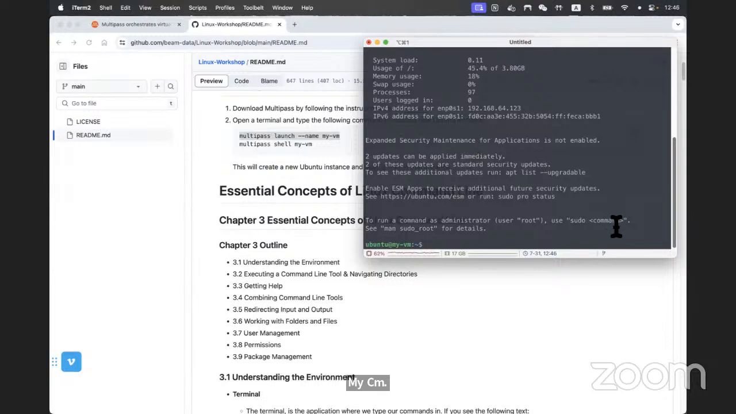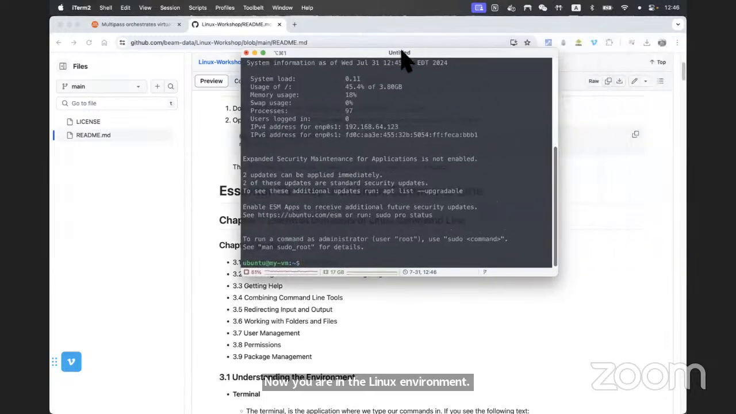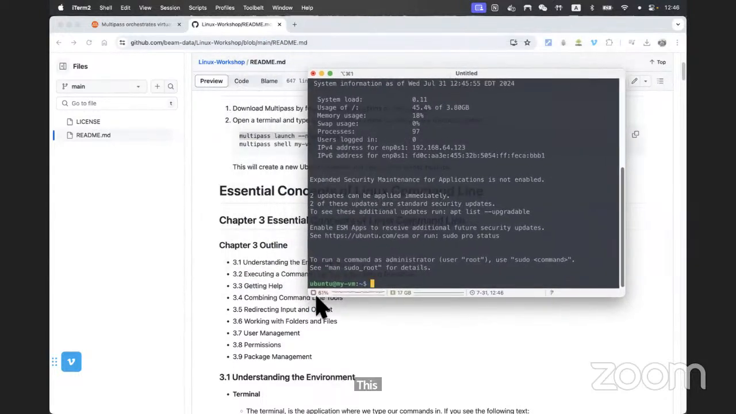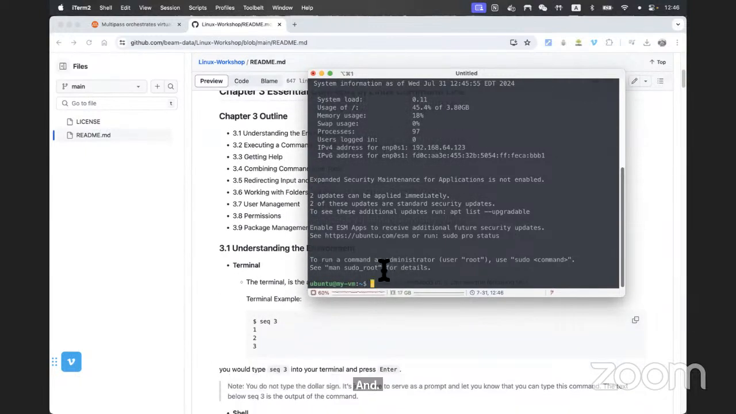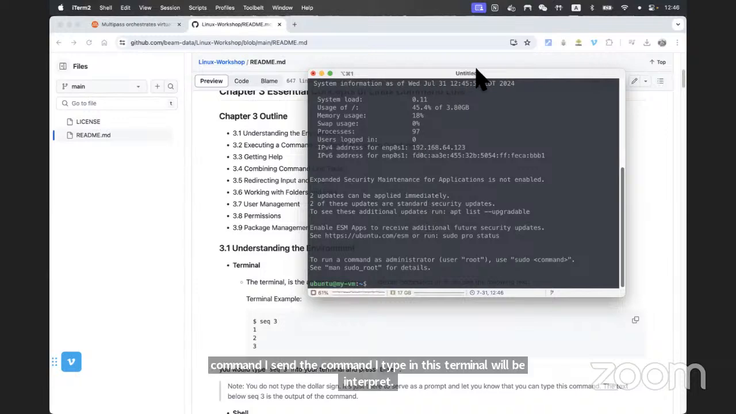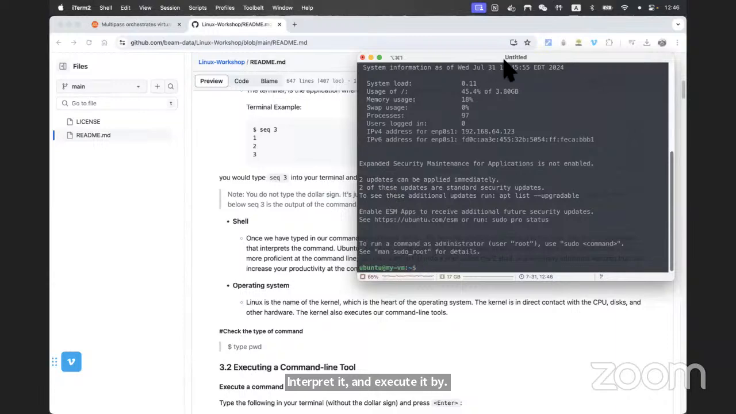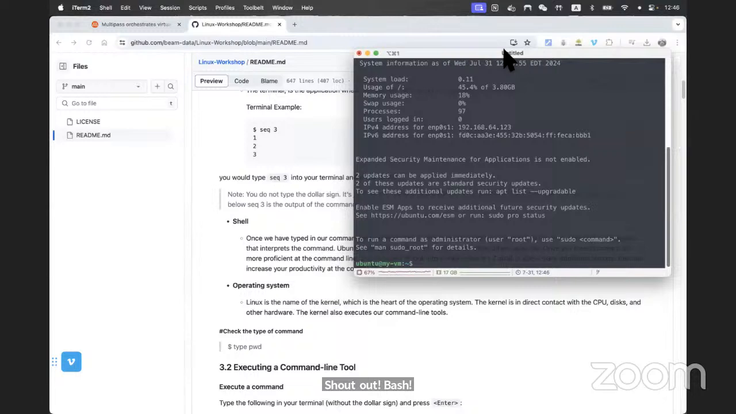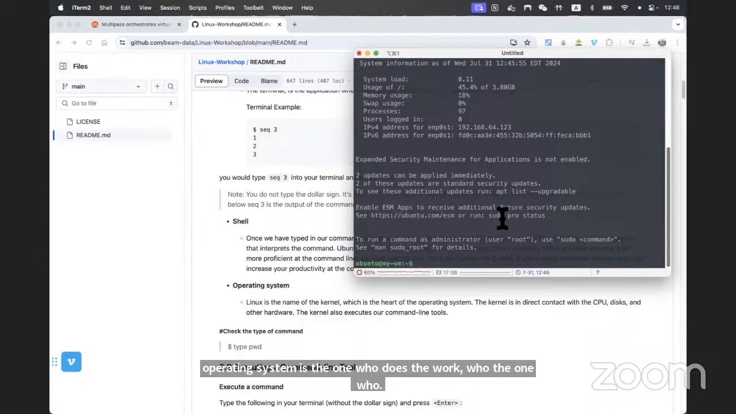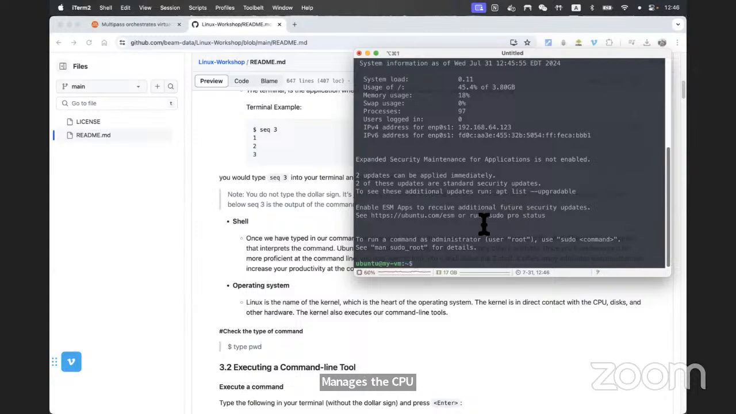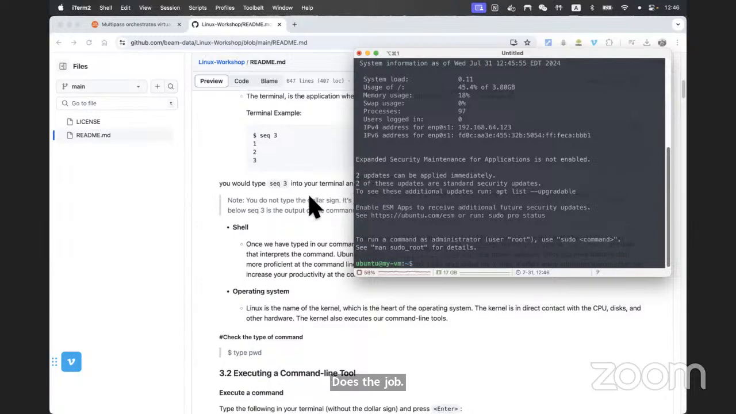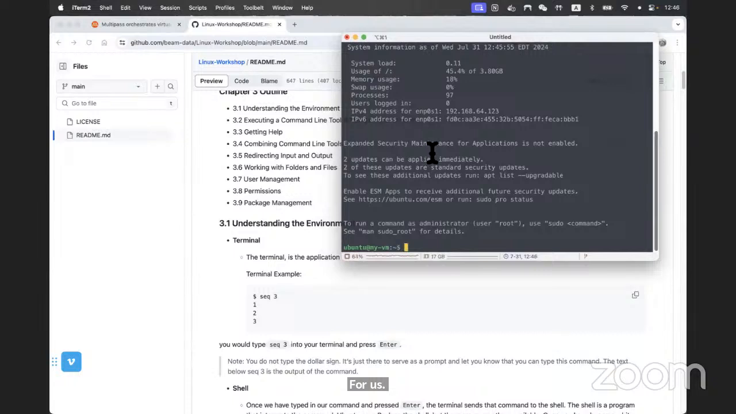Now you are in the Linux environment. All right. This application, this tool I'm using is called Terminal, and the command I type in this terminal will be interpreted and executed by a shell called bash. That's the default shell, and then the operating system is the one who manages the CPU, disk, memory, and all other hardware, and does the job for us. All right. So I'm using terminal to send commands to bash, like